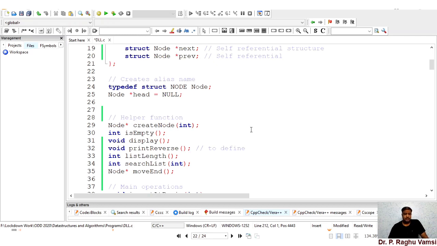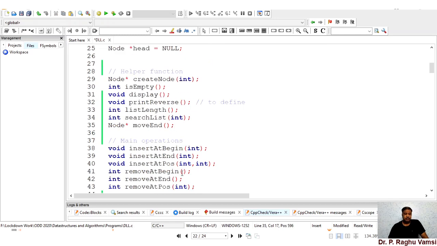So in order to do that, first of all, we have to make use of the move end. Previously this move end has been copied from the circular linked list. So we moved through the circular linked list till the next node's address is not equal to head.